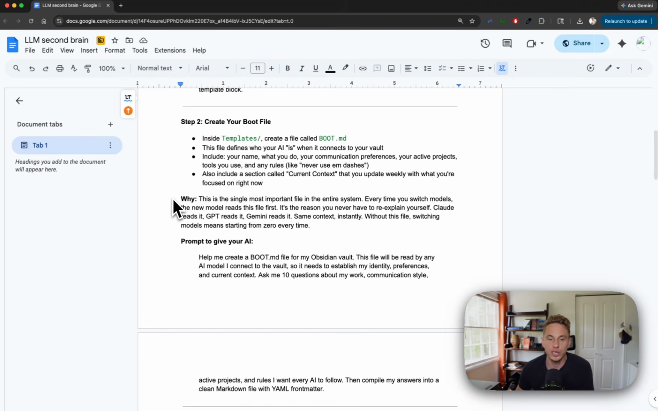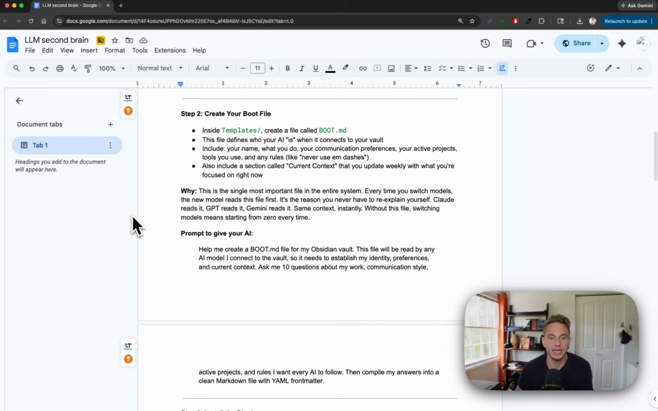So the second thing we want to do is create a boot file. Inside of your templates folder, you want to create a boot.md file. Once again, Cowork can do all this for you, or whatever agent tool you're using. This is essentially like custom instructions, system preferences,